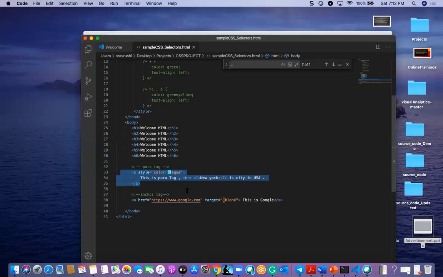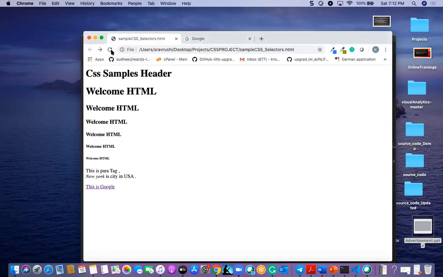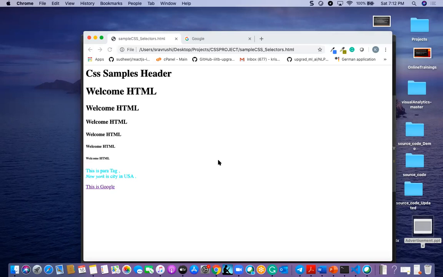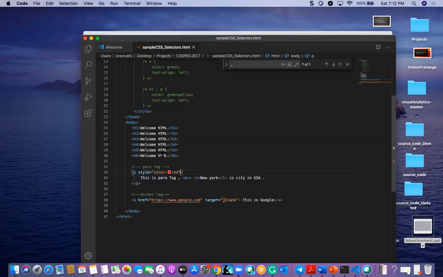All the letters mentioned inside this para tag will be converted into aqua color. Okay, so let us save this one and check. Yeah, you can see all are changed, but it's blurry. So let's go for some red. Okay, I think you can see it now. So style is also one of the attributes of an HTML element.